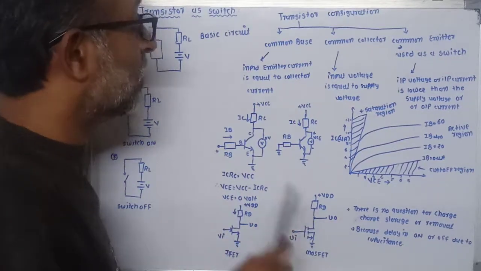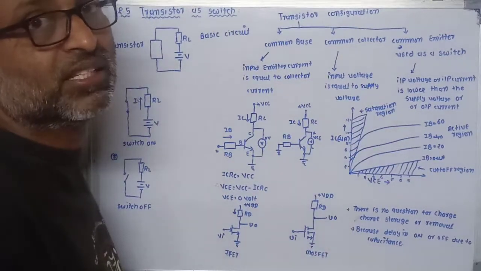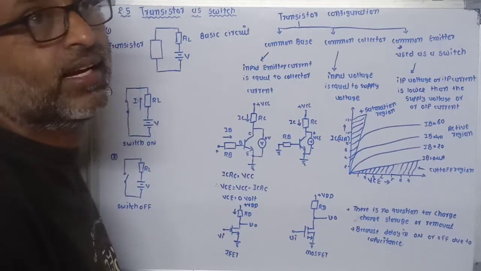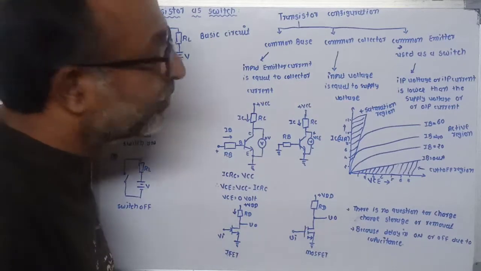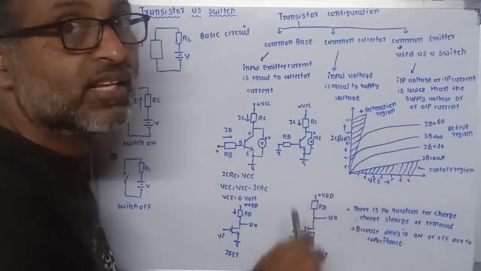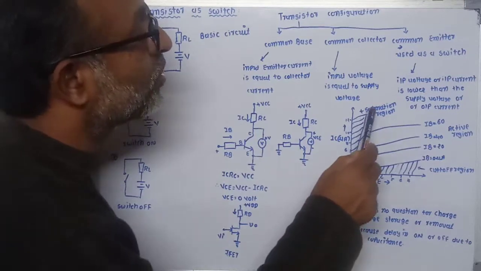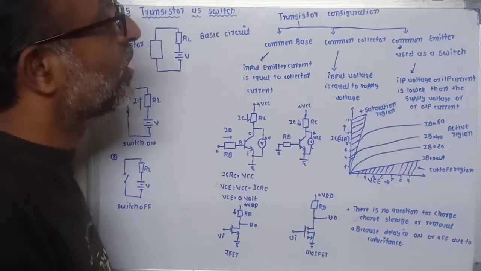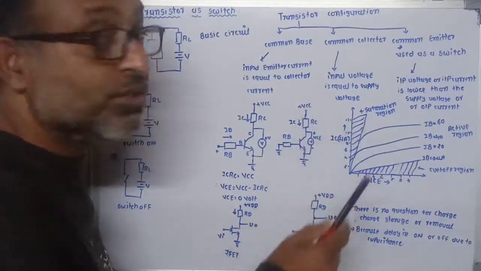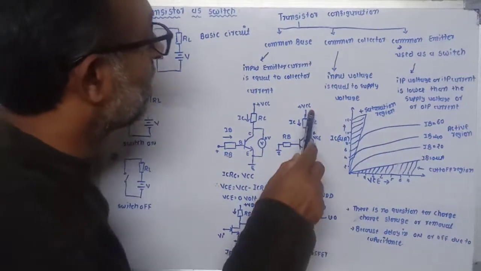Now as the value of base current is maximum, at that time the value of VCE is equal to VCE sat, and the value of VCE sat for silicon is 0.2 volt. The left hand side of the characteristics, up to VCE sat, is called the saturation region, or you can also say the transistor is in the on condition. So do you understand what the saturation region is? It is most important.